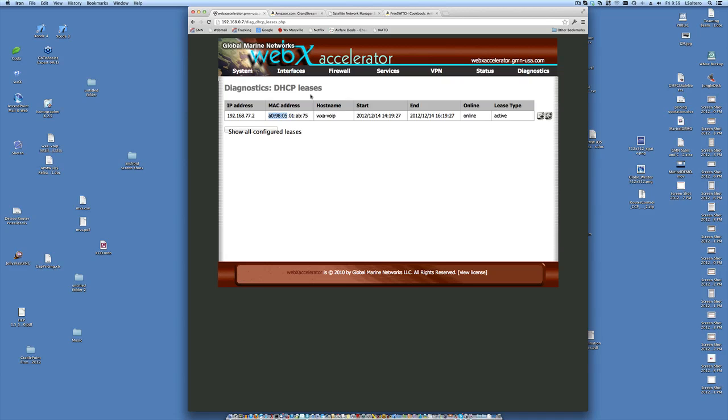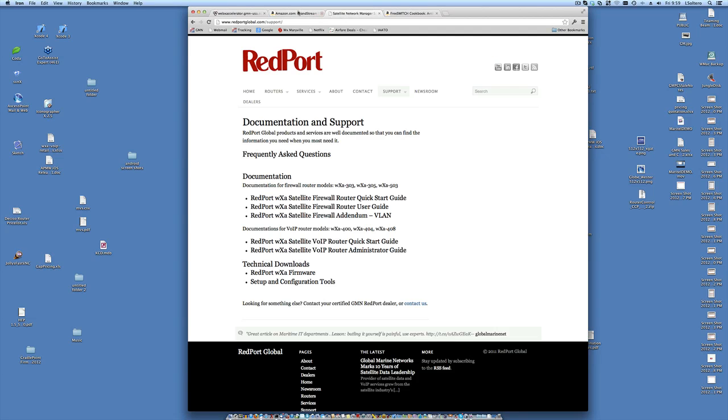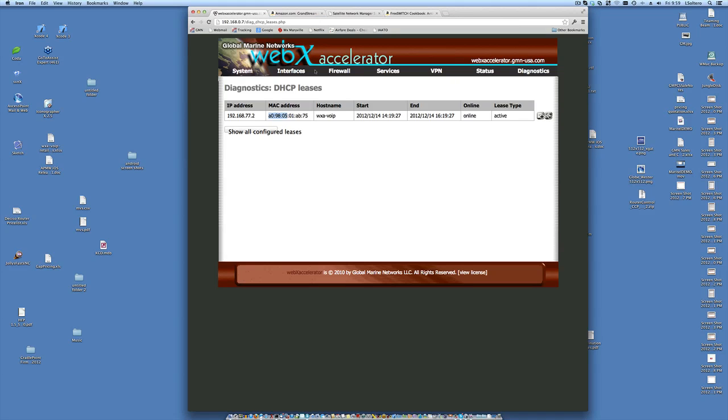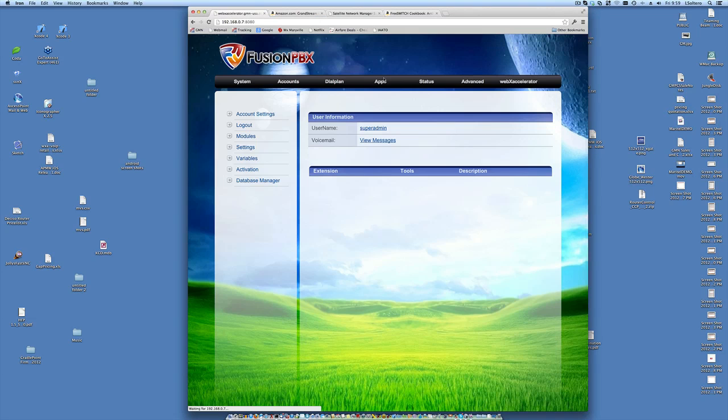Okay. Every router is going to be different, but there is a function for doing this because every router that I know of has this feature. Okay, so back to Web Accelerator. Let me go back to my VoIP box. Okay, so the first thing you need to do is you need to activate the unit. So under the System menu, Activation,